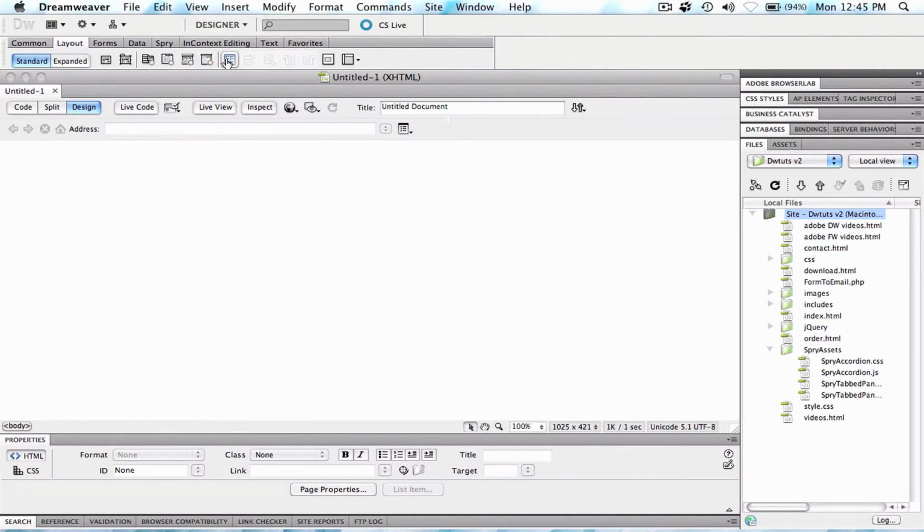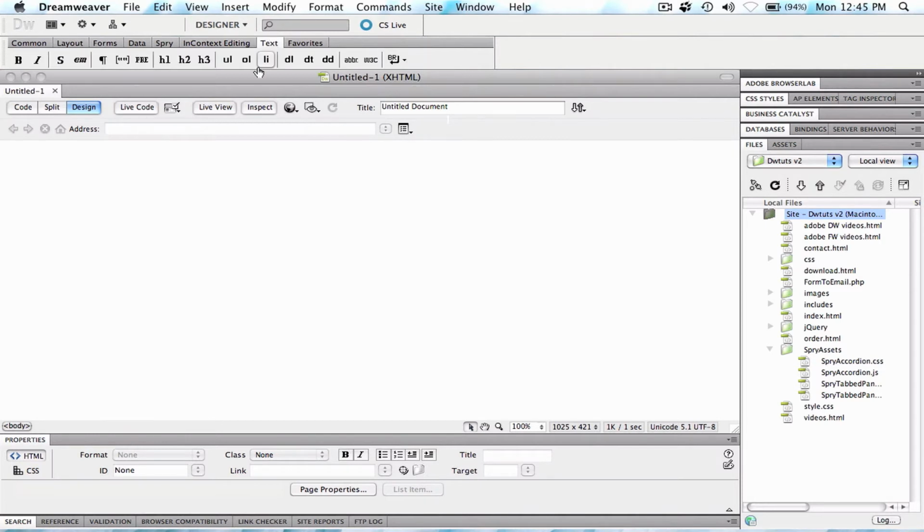And then you have your layout, including Spry, forms, everything you need for your forms, and data, if you are working with... what is that called? If you're working with a lot of server stuff, you usually use data, and maybe your SQL. A lot of this uses SQL, so I usually don't use a lot of data. But yeah, you have your Spry, your in context, and I really don't use very much of these, but this is used for